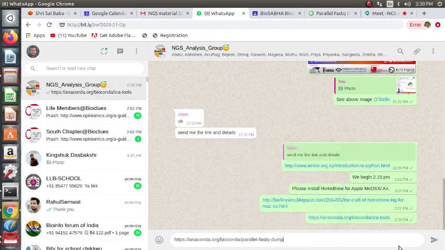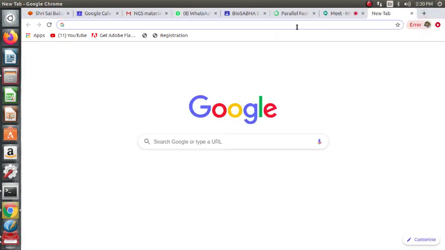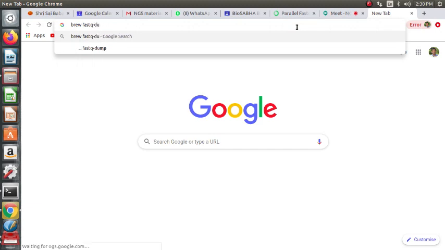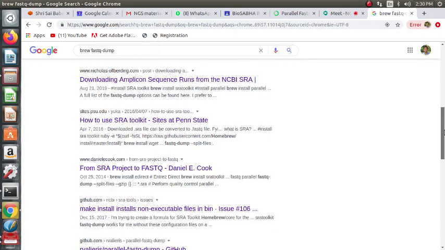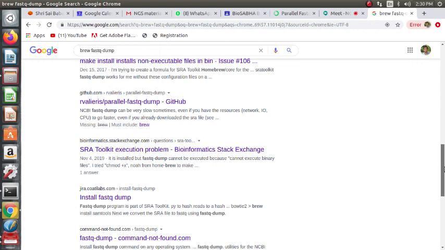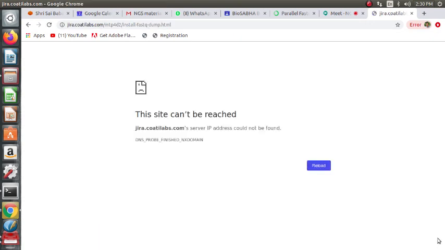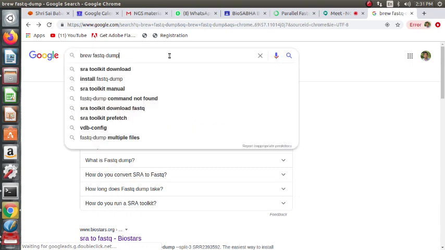If you want, let us see brew fastq-dump. So FASTQ-dump for Mac OS.